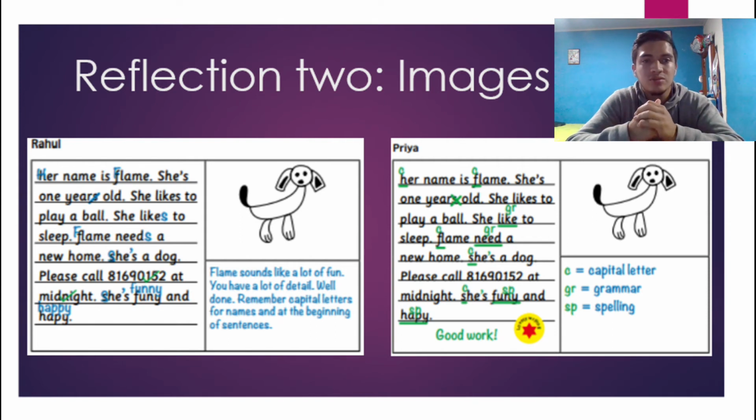Okay, my advice to Professor Raul is to clearly explain the objectives to be improved by the student in the evaluation table, as well as to motivate the student in a striking way. And my advice to teacher Priya is to make her corrections more demonstrative so that the student better understands the difference between the mistakes and the correct form.